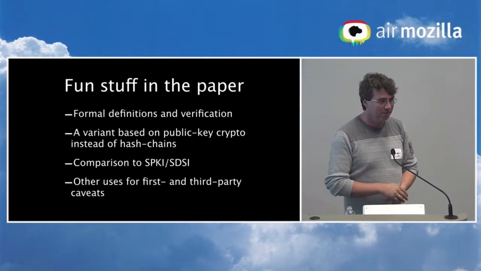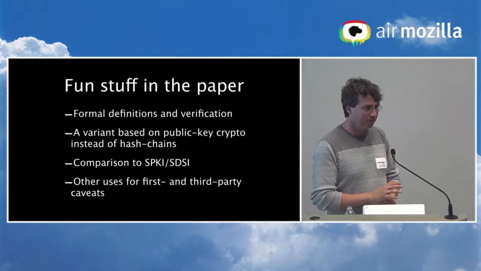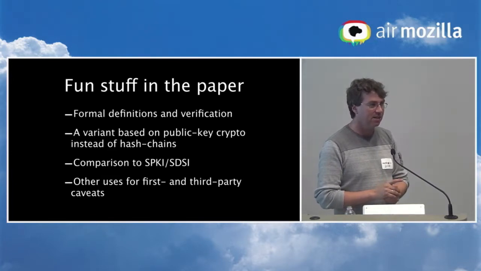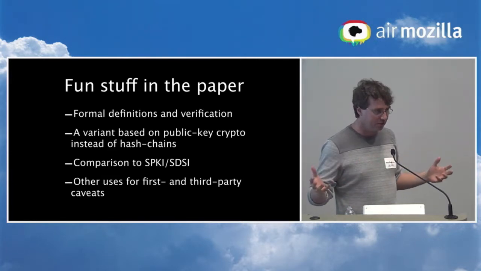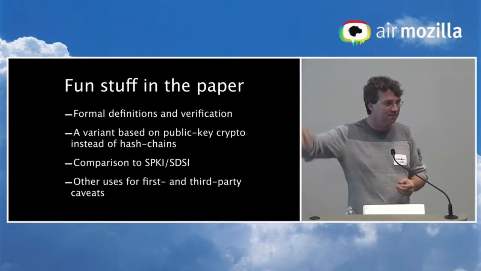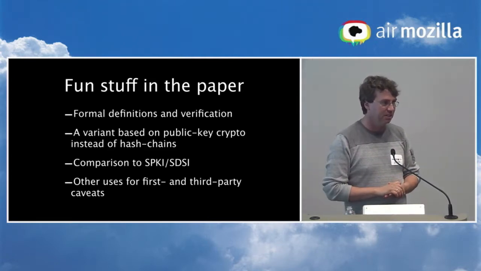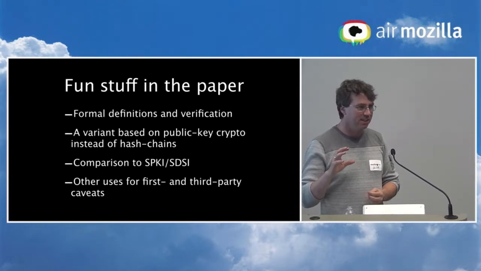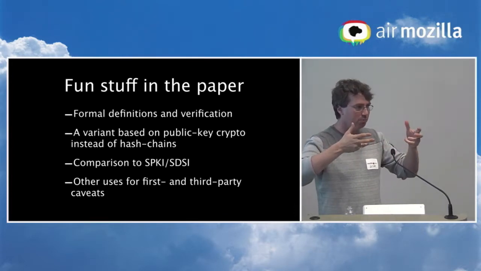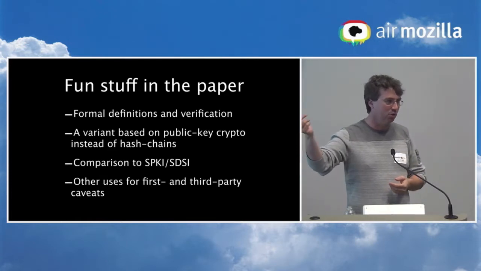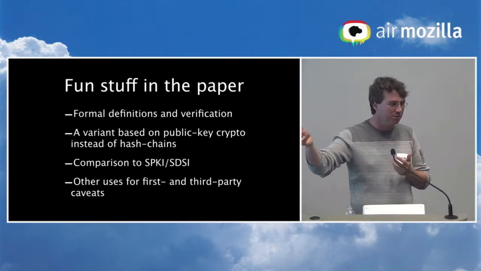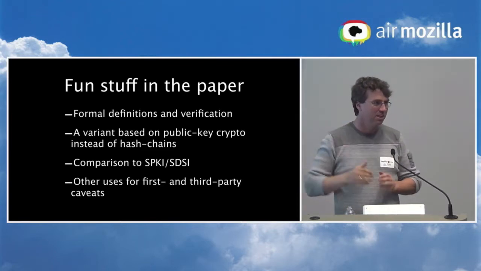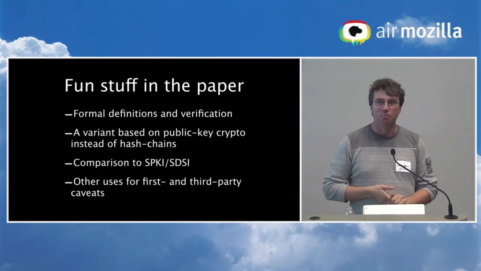There's a variant where you can do all of this using public key-based crypto. It's going to be much slower, but it's going to have one interesting property. At any time, anybody can verify the chains. So it's no longer the case that only the ultimate destination can verify the chains. Probably this is not a super interesting variant. Most likely, if you're going to use public keys in any way, they'd be used to seal up these purple bits to get, like, I need a statement from Google, and I don't really have a shared key with Google, but I know its public key, so I'm going to make a third-party caveat using the public key.